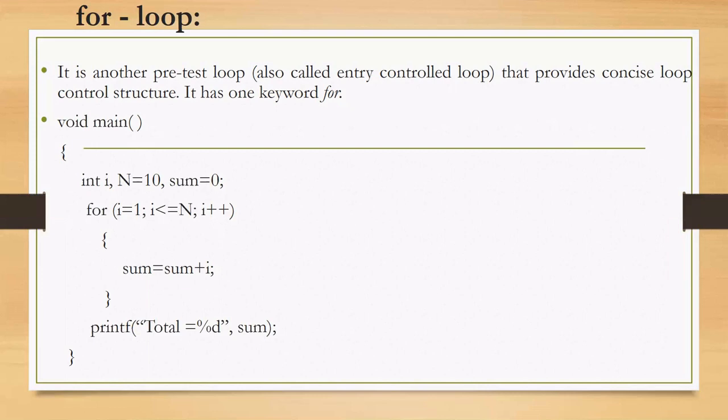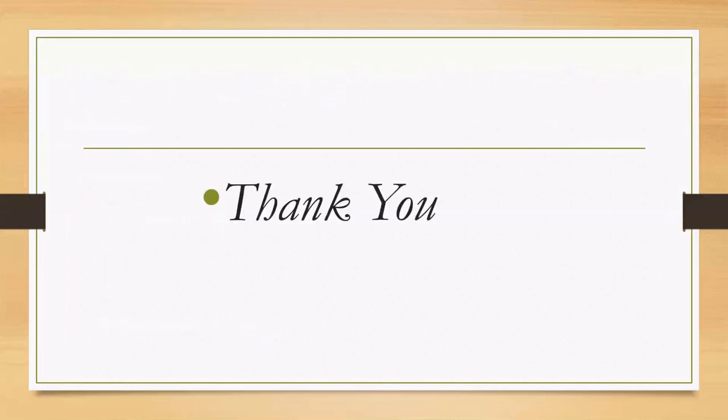Again, it goes to the for loop and increments i to 2. Now i is 2. Is 2 less than or equal to 10? Yes, it is true. Again it goes to sum = sum + i. What is the value of sum? For the first iteration, 1. 1 plus, again, i value 2, 1 plus 2 is 3. Like that, the summation continues until the condition fails. That is, if i is 11, 11 less than or equal to 10? No. At that time the condition fails and it will not go to the formula to find the sum. It directly comes out of the for loop, and finally goes to the printf statement, where it prints the value in sum.